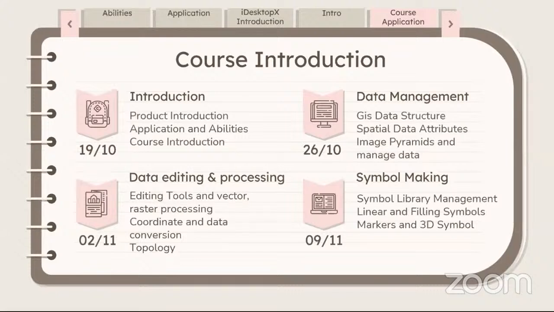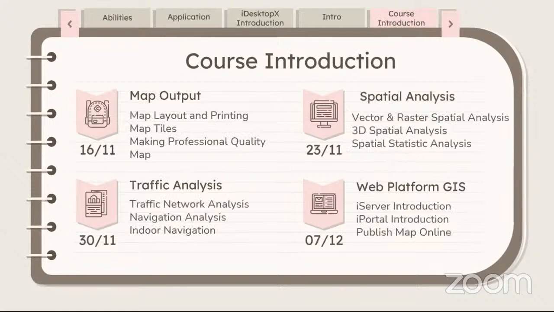On the following weeks, we're going to do some data editing and processing, where we're going to learn how to edit with the tools and how we can do the coordinate conversion and data conversion. On the 4th week of our training or workshop, we're going to do some symbol making. And on the 5th week, we're going to do some map output, where we're going to make some professional quality